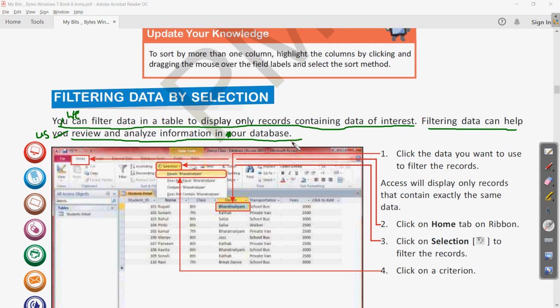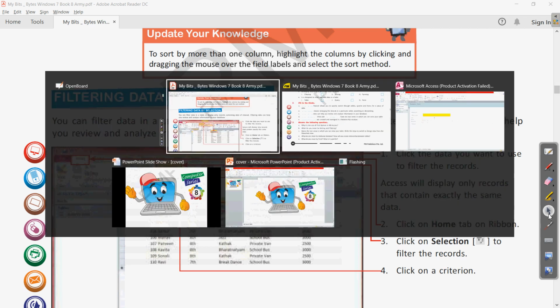Clear? We already know what the use of filtering is. If there is any table in a database, and you want to filter only a selected few of the things which we are interested in, we can use this filter option. I hope you have written the answer. Whenever you are writing the answer, pause the video once and then note it down. So this way we have seen the answer of sorting and filtering. Let us erase this and come to the book to see what the next question is.